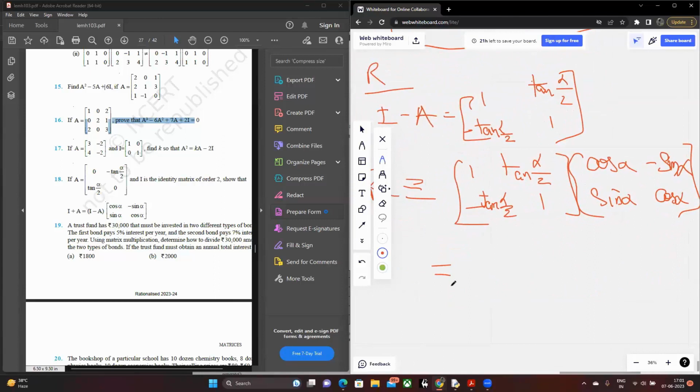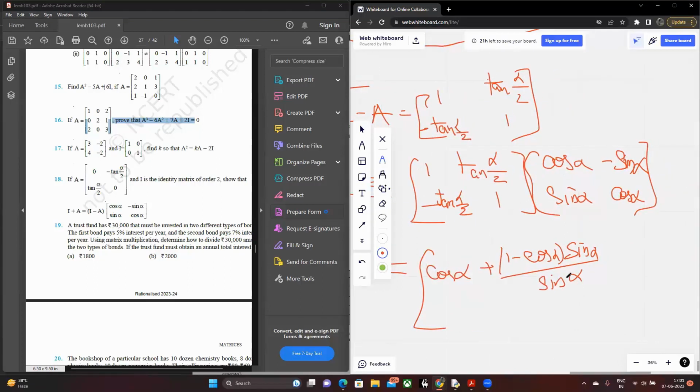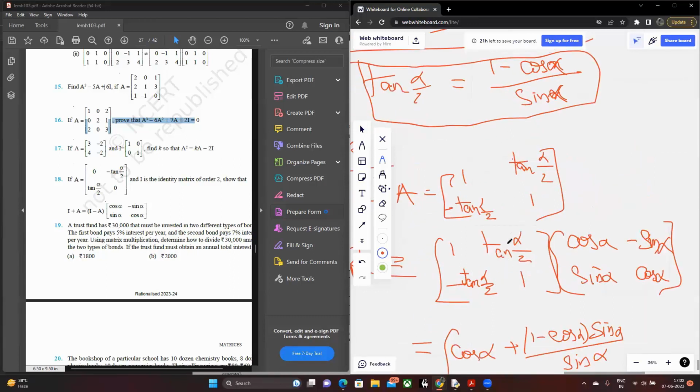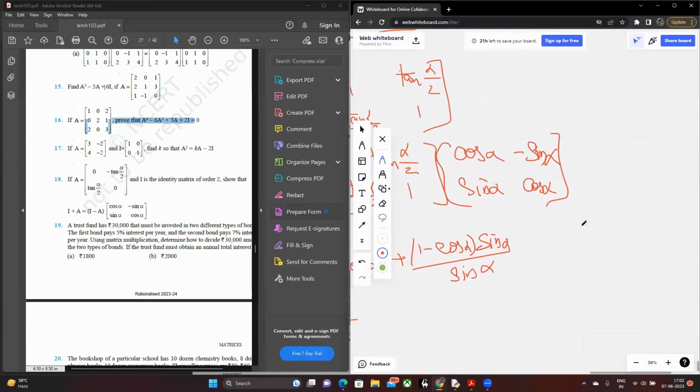Which is basically cos alpha plus 1 minus cos alpha into sin alpha by sin alpha, because this into this is your first element, and I'm substituting 1 minus cos alpha by sin alpha for tan alpha by 2. And then this is going to be minus sine alpha